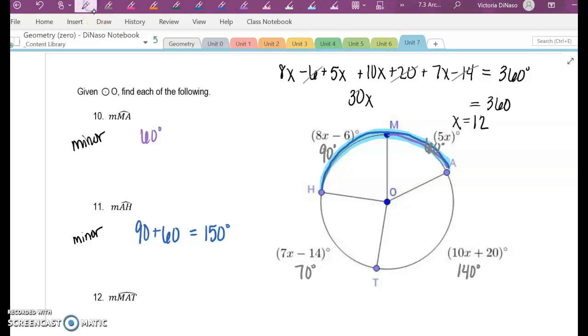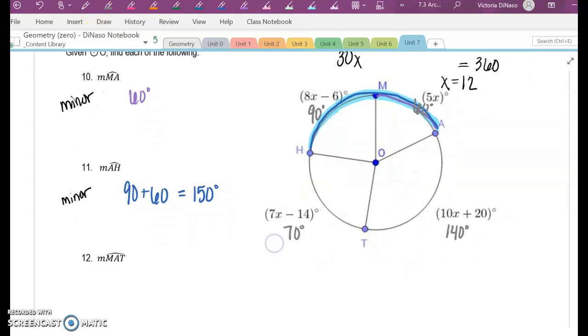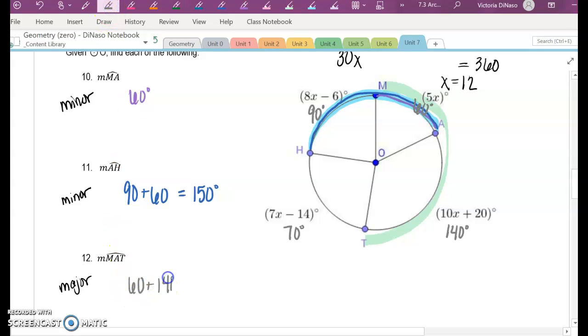All right, this next one, it's got 3 letters. So we've got M to A and then all the way over to T. So that's a major arc because it's got 3 letters. So you're going to start at M, go over to A, and then finally you're going to end at T. So we've got 60 plus 140, which equals 200 degrees. And then last,